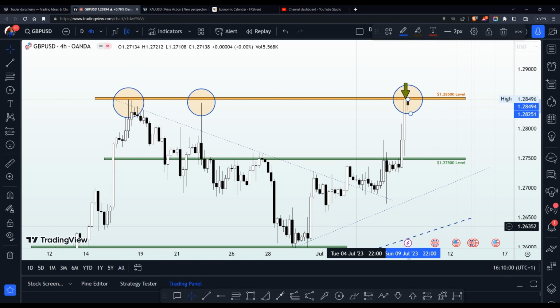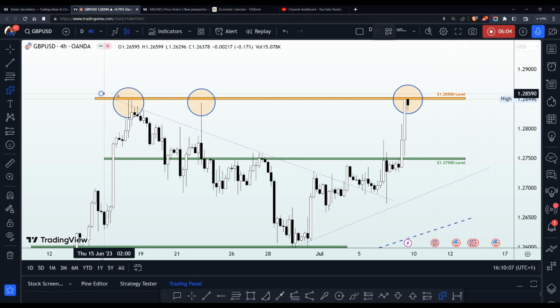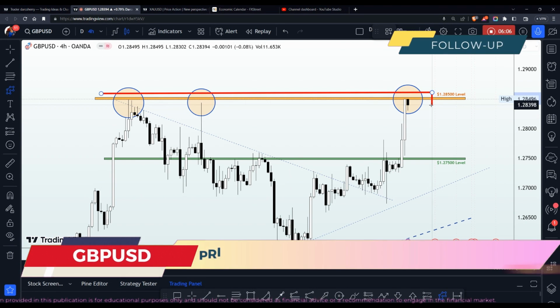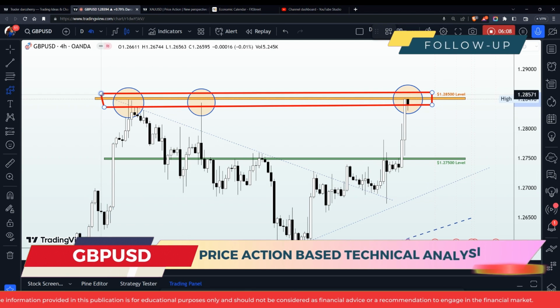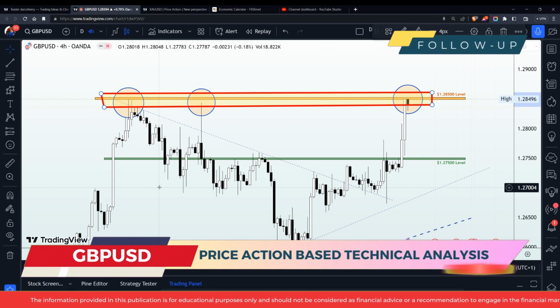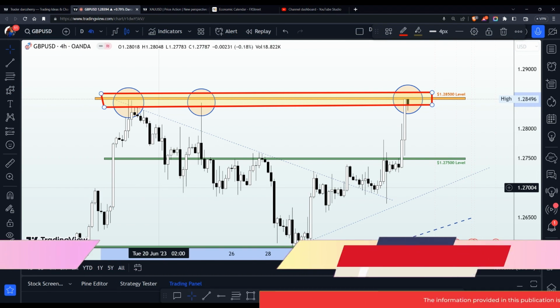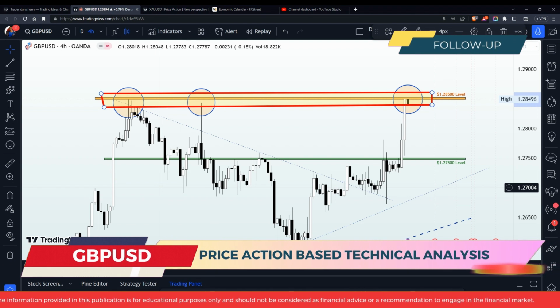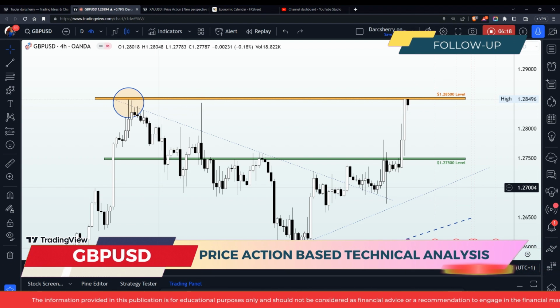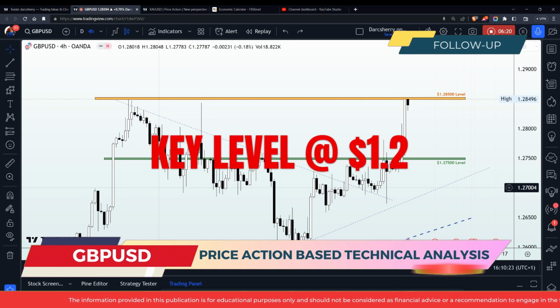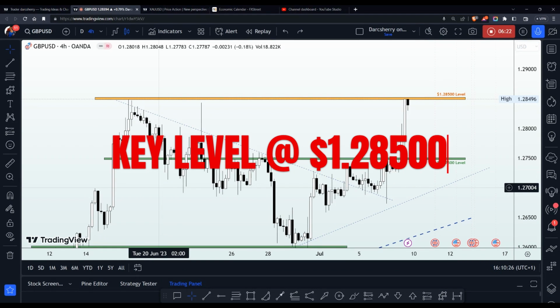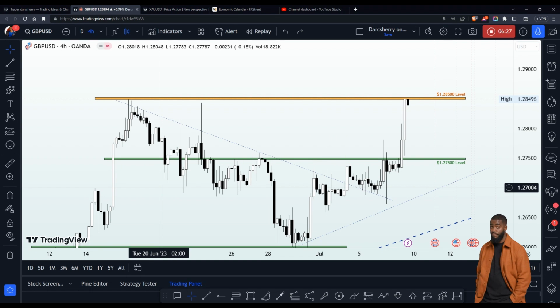And what does this tell us based on this current structure? It's a clear sign that sellers are trying as much as possible to negate all attempts by the buyers to break out of this structure, making this level a very, very important area to look at for the upcoming week. And in fact, as a result of this, I was able to identify this level as my key level for this week, as it would help me to determine or guide where price action is likely going to be going